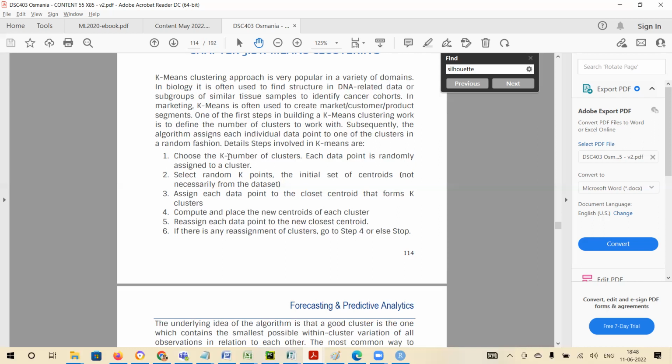Next, what is it? Explain core aspects and types of clustering. Types of clustering, core aspects, the same 4 points. Here you have to explain each of those 4 points. Centroid, density,